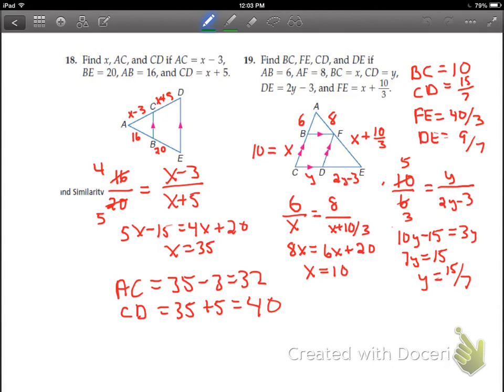First, we're going to use the segment BF being parallel to the bottom. That's the one that's easiest to see. So you would have 6 over x equals 8 over x plus 10/3. Solve that for x being 10. Now once you have that, you can work with